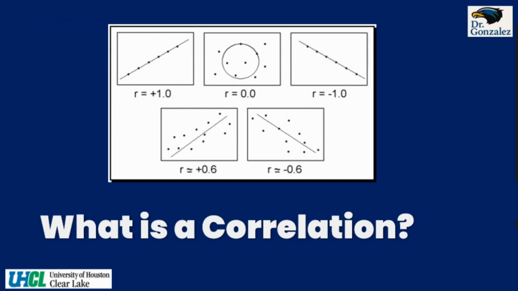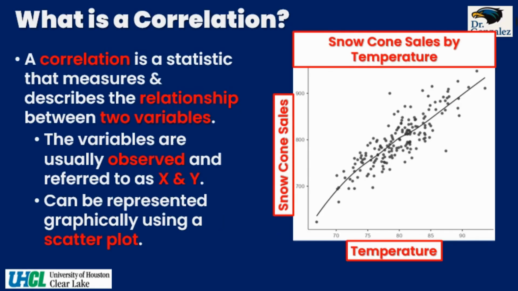All right, so that brings us to the next portion of our notes, which is what is a correlation? A correlation is a statistic that measures and describes the relationship between two variables. Okay, so we usually refer to those two variables as x and y, and one of the many ways that you can represent those variables is to use a scatter plot, which is the x and y axis,